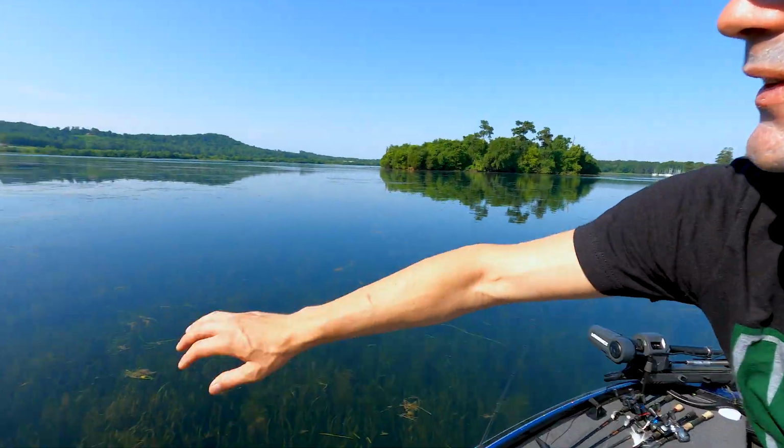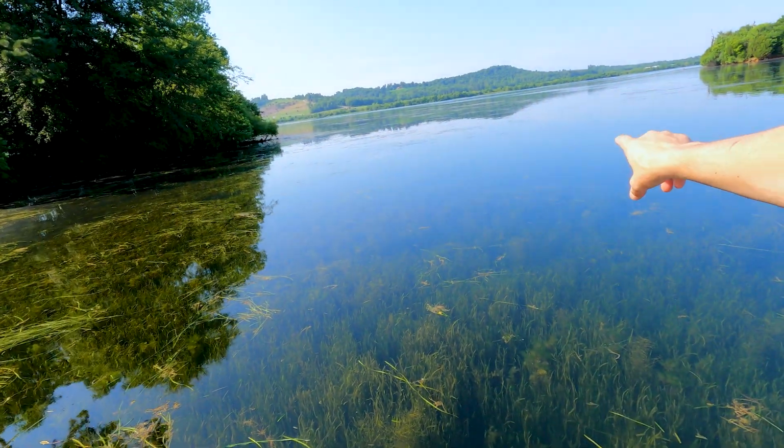Now keep in mind, this is something you can do shallow to deep. If you got fish shallow, right now there's a bunch of brim beds. You can see there's a hole there and a hole there in the eelgrass, and there's a bunch of brim beds around. So the brim are like yay big, right? So I can use it shallow to mimic brim with a little bit lighter weight,